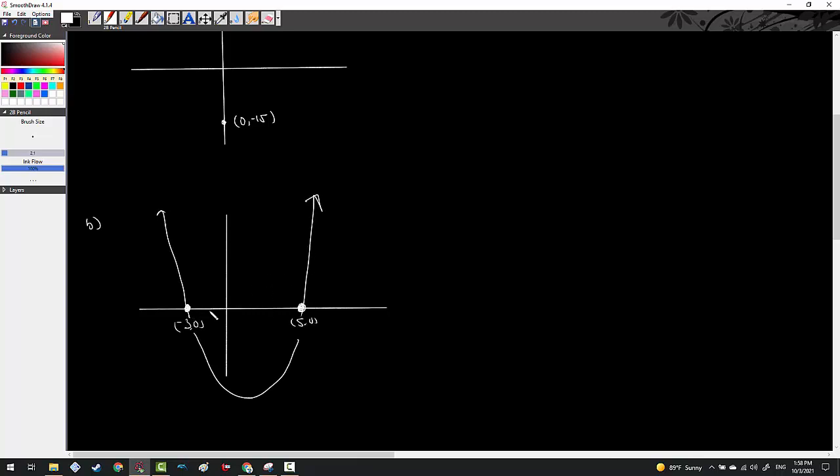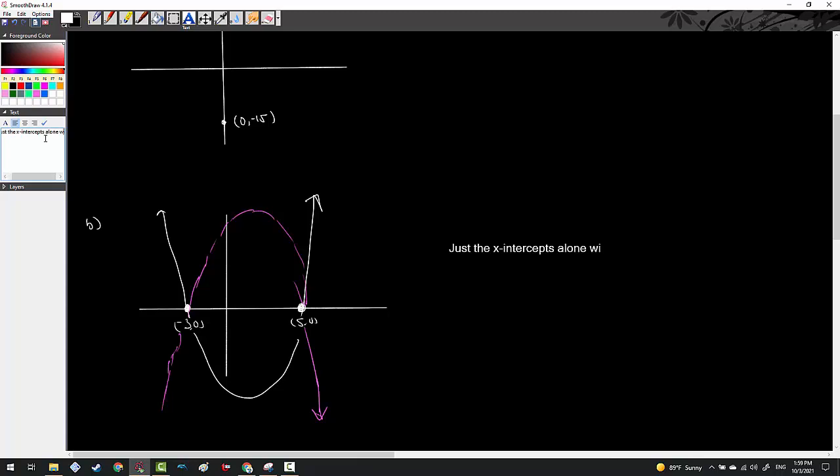The issue with only having the x-intercepts is we don't exactly know where the vertex is. And so while I said that the parabola definitely moves like that, that's actually a bit of a misnomer, because the parabola, as we saw in the last section, could also have been going downward. And so we don't really know what type of parabola we're dealing with. So I believe just the x-intercepts alone are still not going to be enough. So let's write that down. Just the x-intercepts alone will also be insufficient,